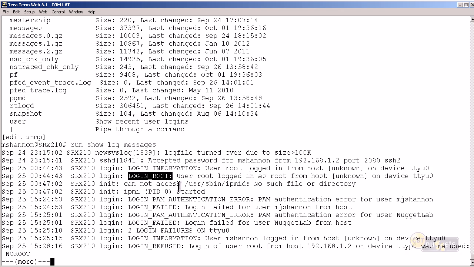So that's one of the things that just shows it. You can show your syslog messages here, and you can see the logs that are created, messages dot 0, dot 1, dot 2. You can also see date and timestamps on there and the size. So if you want to look at system messages or system logs, you can certainly do that at